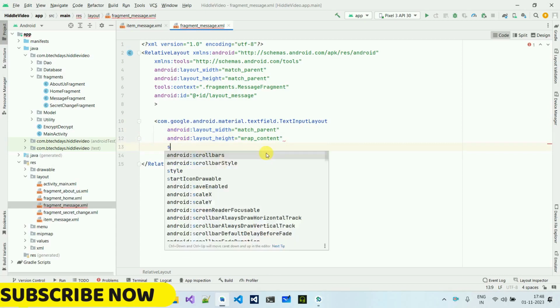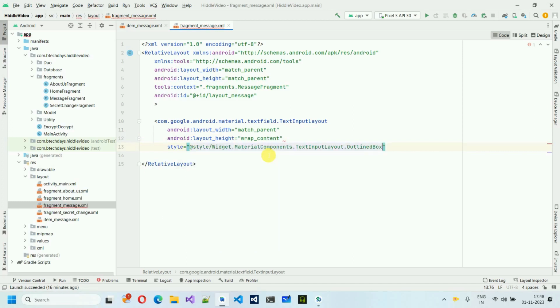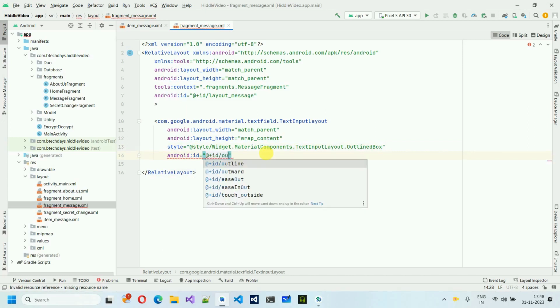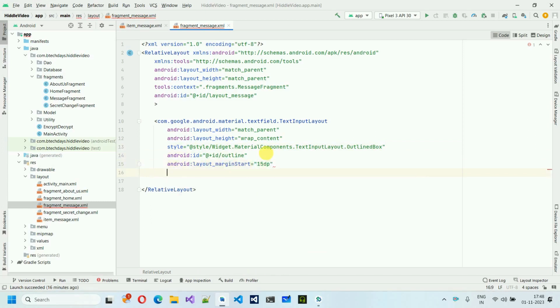For this one, what is the style? It will be this one. Material components, text input layout dot outlined box. After this, I have to set an ID for this. So ID outline. After this, layout margin start, that is 15 dp. Margin end, that is also 15 dp. I'm going to set app:startIconDrawable is equal to